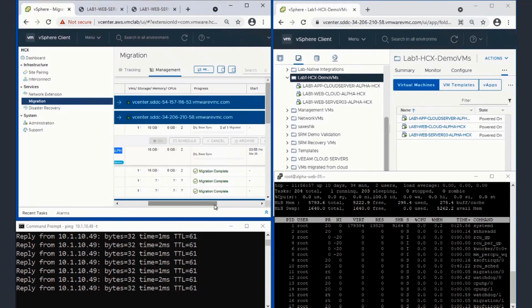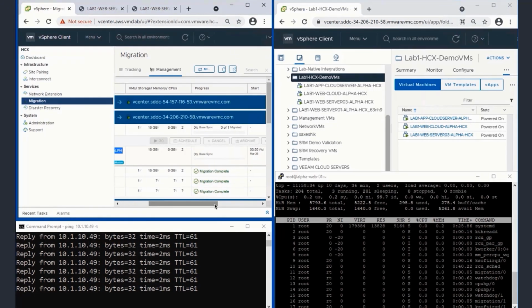This is actually doing a base copy, and then it'll do the synchronization and final synchronization of the data files. In the interest of time, we're going to speed this process up just a little bit here to ensure that we are able to see the final steps in the migration process. So we've sped up the process just a little bit. If we wait just a second,